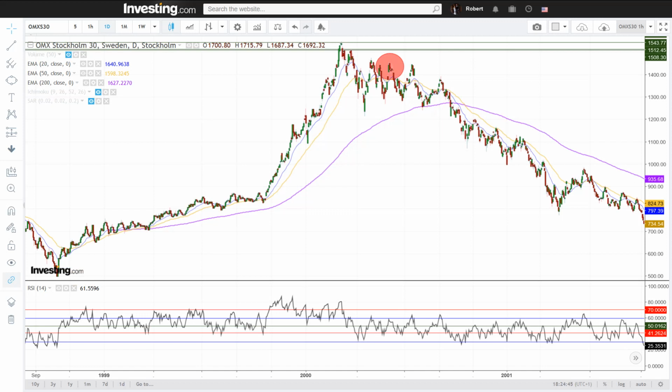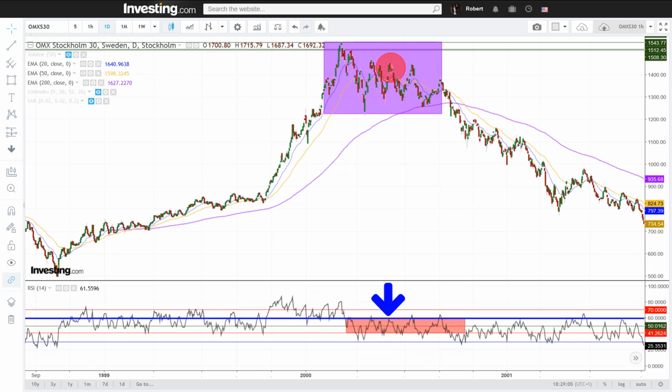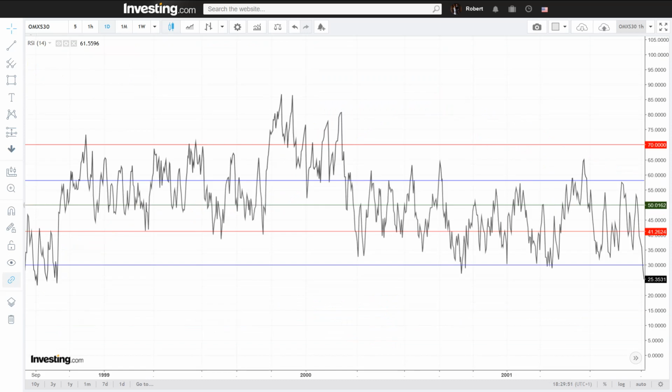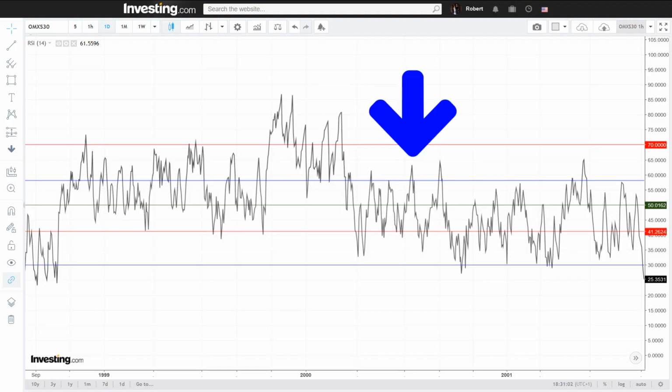On June 2nd, 2000, we got a clear sell or short signal on the Swedish OMXS30. It was halfway through the distribution channel when the RSI, after having steadily declined from continuously high levels and down to having a hard time passing the upper bearish blue line, in fact got a clear touch on the upper bearish blue. When using this spot as a shorting opportunity, the trade is automatically cancelled if and when the RSI closes above the upper bearish blue.